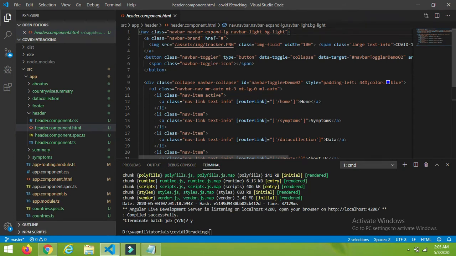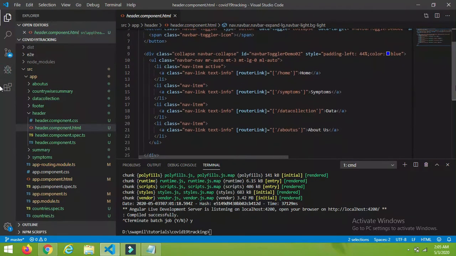Then after that I have created this toggle button. I will explain what a toggle button means. Then I have created our menu items using an unordered list for the navigation purposes. So these are the four options: home, symptoms, data and about us.